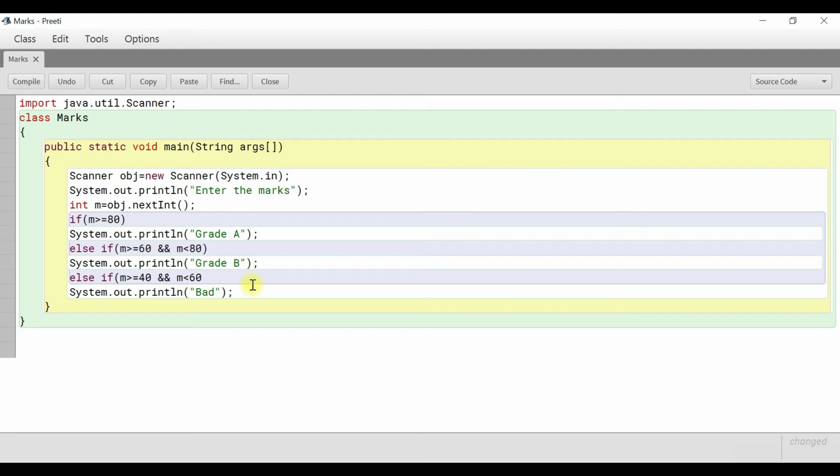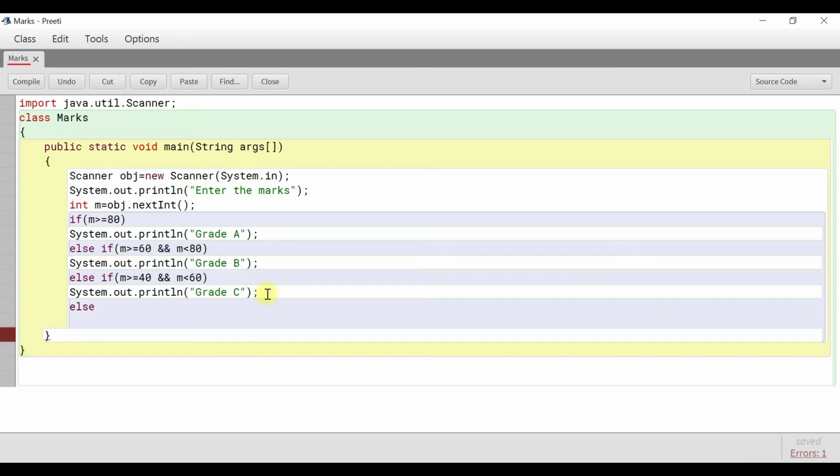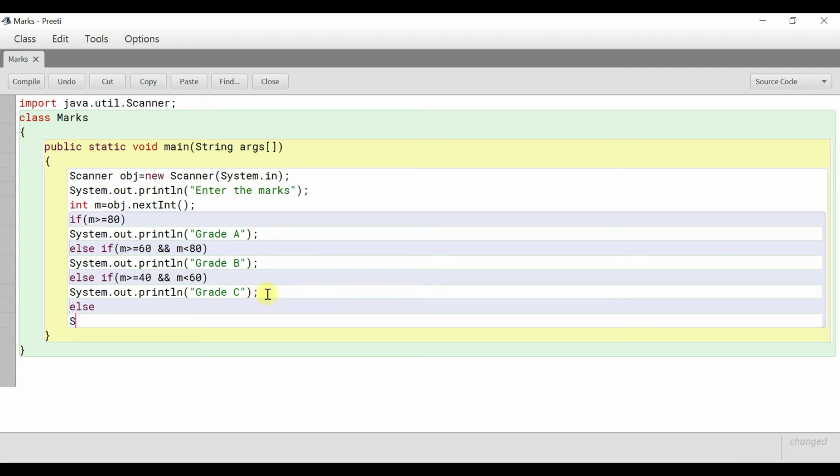Fine. In that case it should display grade C. Otherwise, else. Otherwise means it will go to else and display grade D.